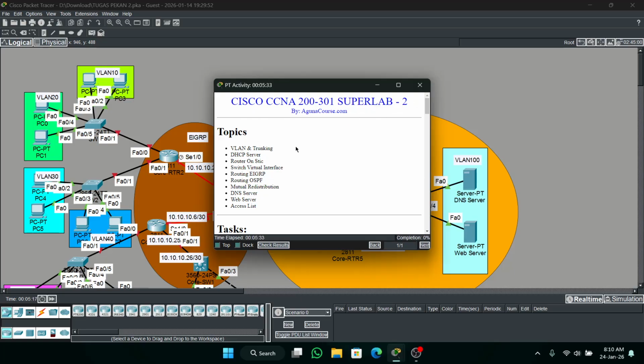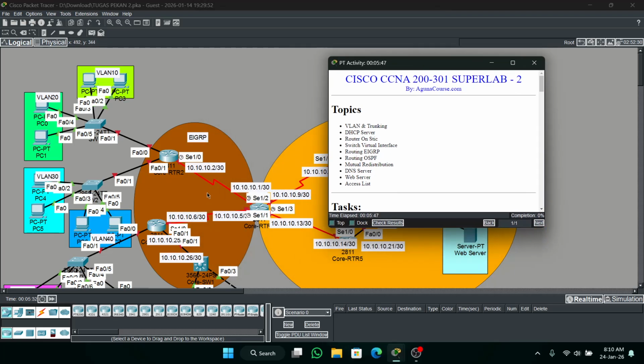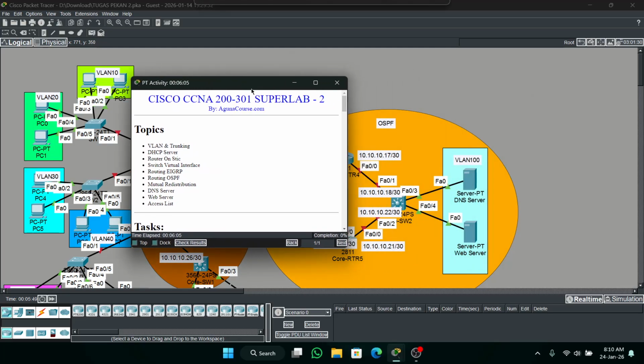This is the second superlab, and the topics are like before: VLAN and trunking, DHCP server, router on a stick, switch virtual interface or SVI, and here routing EIGRP, and then routing OSPF, then mutual redistribution between two different routing protocols, and DNS server and web server in one of the two servers here, and then access list.